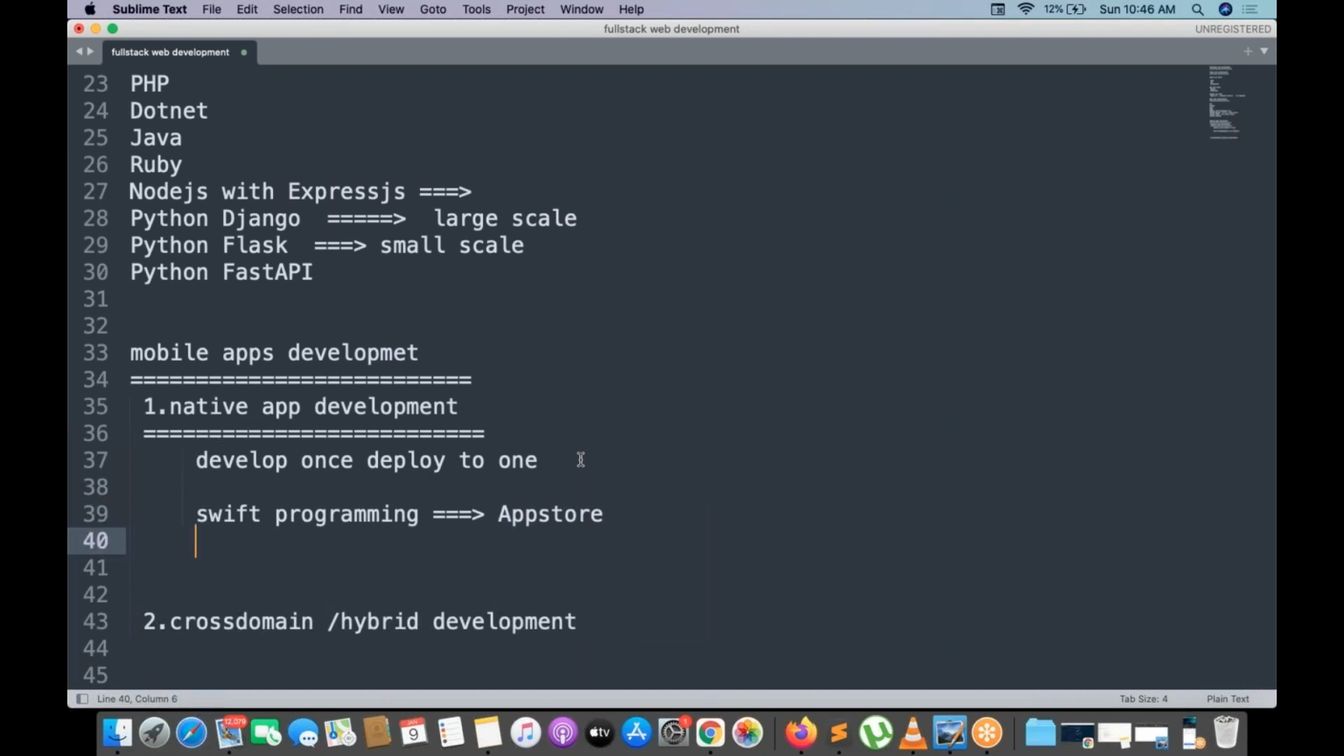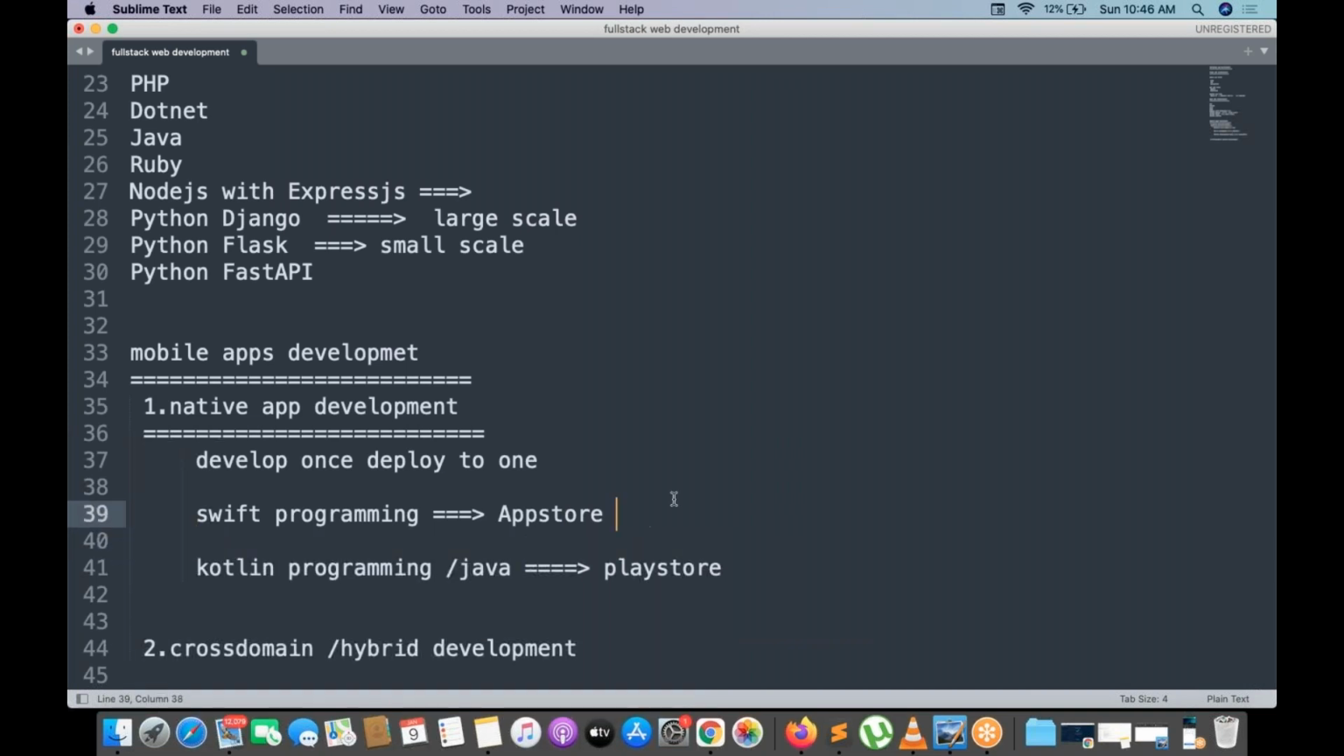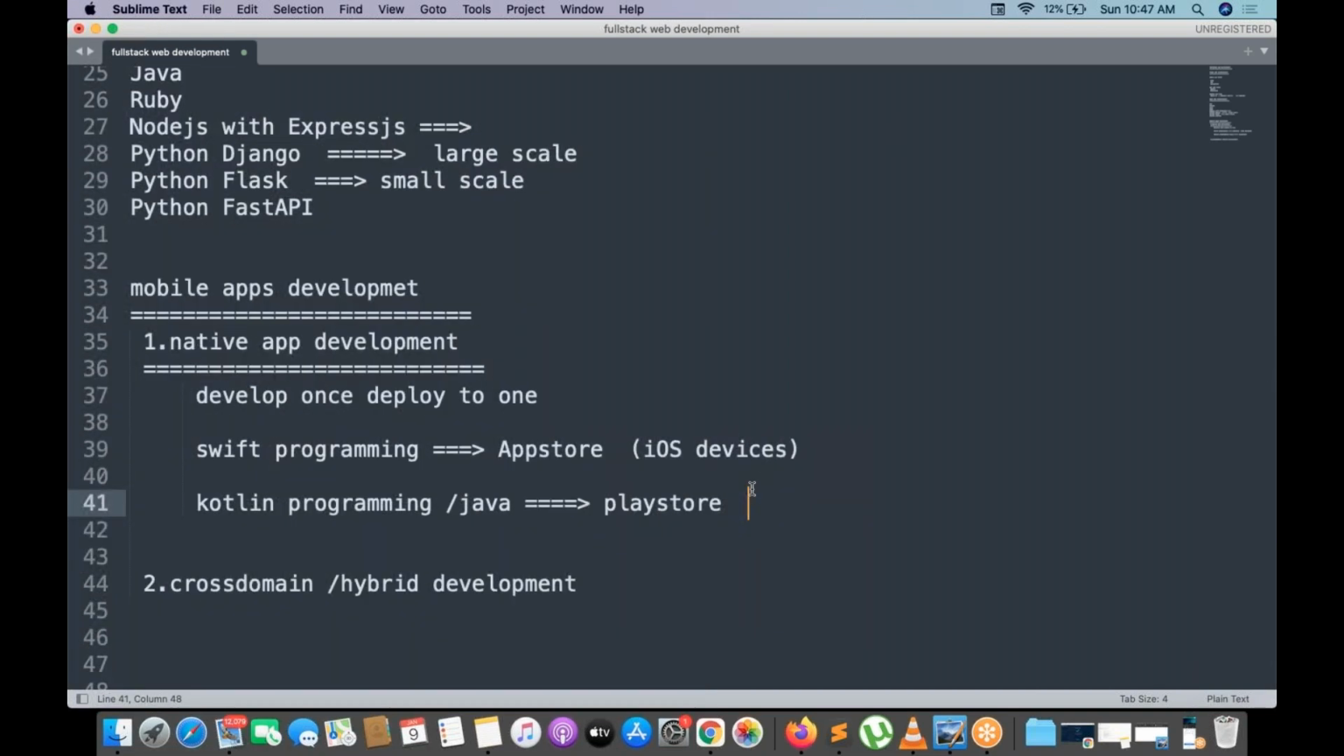Either we are going to be writing some Kotlin programming, Kotlin or Java. Kotlin is the latest, basically, or you can go for the older Java programming pattern. And finally, the application we are going to be submitting to the Play Store. This is Android, and that is Apple iOS. It means the App Store application can be deployed for iOS devices, and whatever Kotlin or Java programming you are writing, we are developing an application that will be sent to the Play